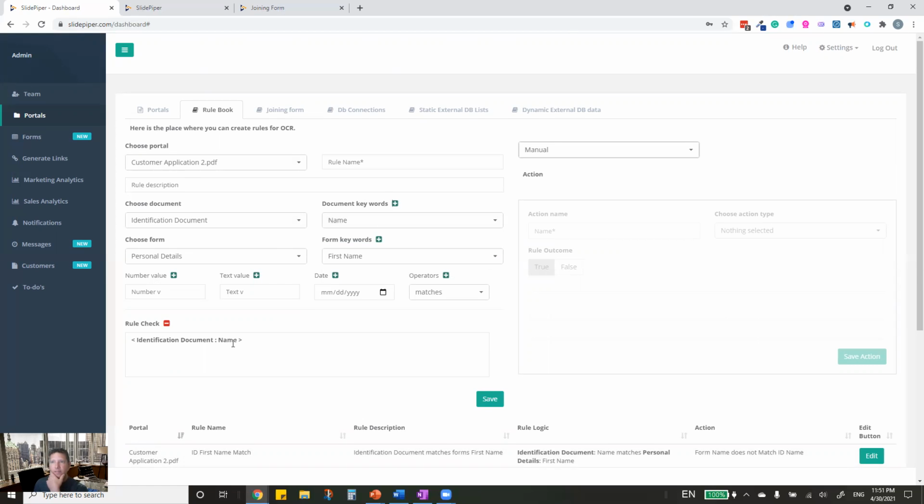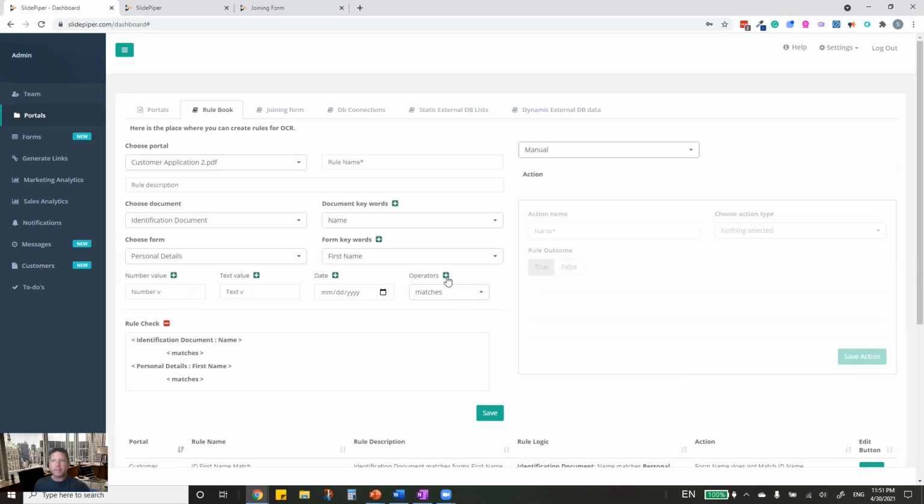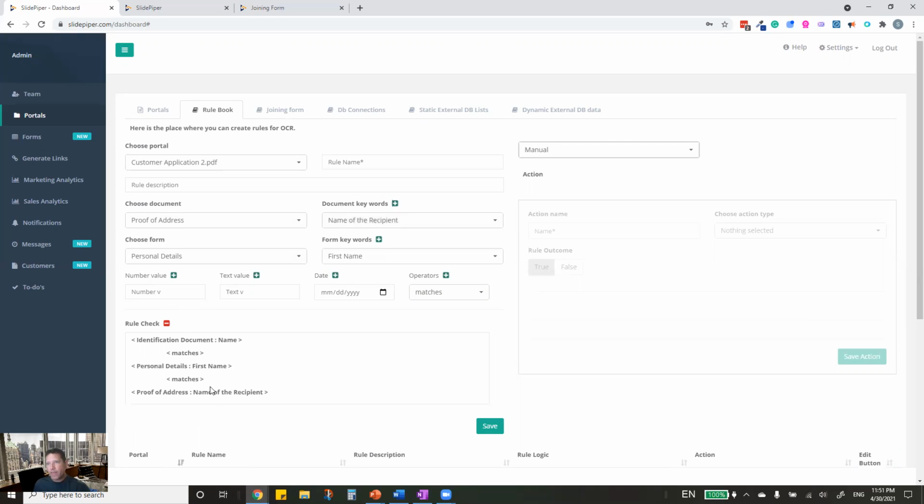So okay, identification name, and let's say we want to make sure that it matches the personal details first name. Yep, that makes sense. And we can keep on going. We can actually say, and it matches another name, the proof of address. Let's see if we have something here, name of recipient. All right, so if all three of those are a match, then